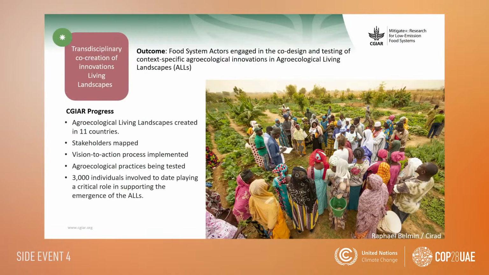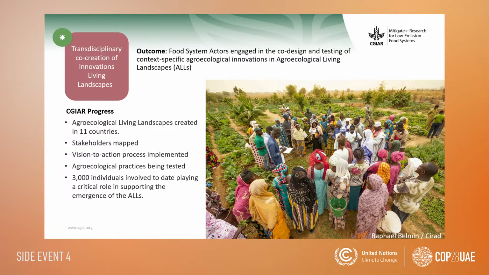So a little bit on agroecology. The CGIAR is currently implementing what we call a living landscape approach or a living lab approach. We have multiple initiatives that are engaged in this. This is participatory research scaled up. You know, we do a lot of work directly with farmers, and now we are reaching out to a wide range of stakeholders in food systems through multi-stakeholder platforms, through participatory research, through consultation,